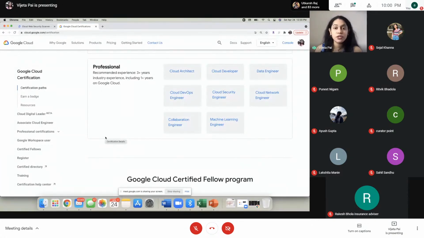Next, you have network engineer. If you're hardcore into networks, VPNs, services, routes, and everything. So if you're hardcore into network or you're from networks and telecommunication background, cloud network engineer can be great, or machine learning. That is artificial intelligence or machine learning. If you feel you're well versed with that, that can also be a good certification. So if you have the bandwidth and if you have a lot of enthusiasm, you can always play around with the Google Cloud platform. You can take the courses, you can go into quick labs.